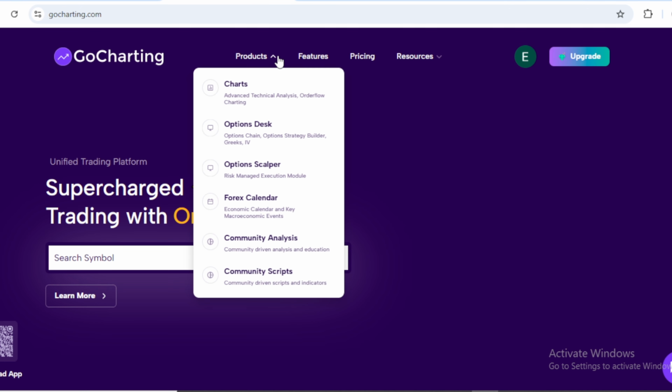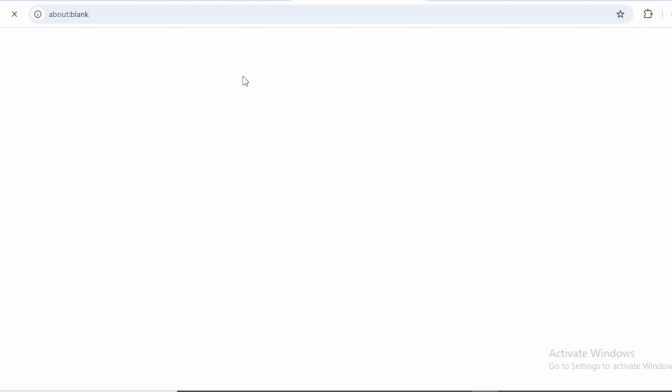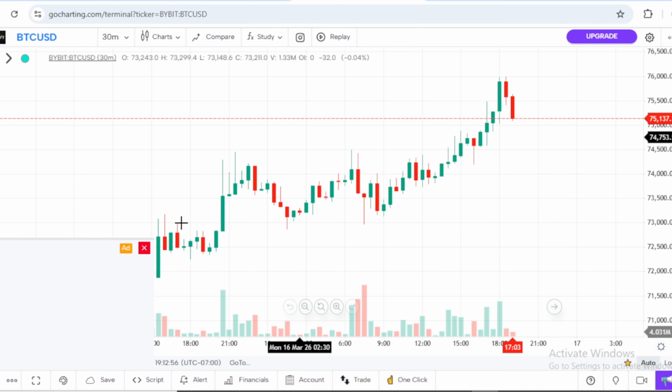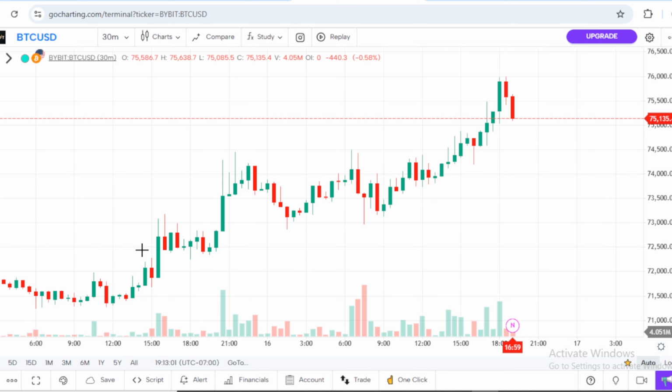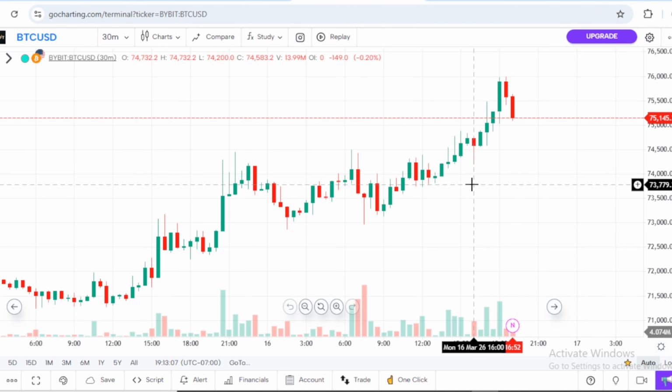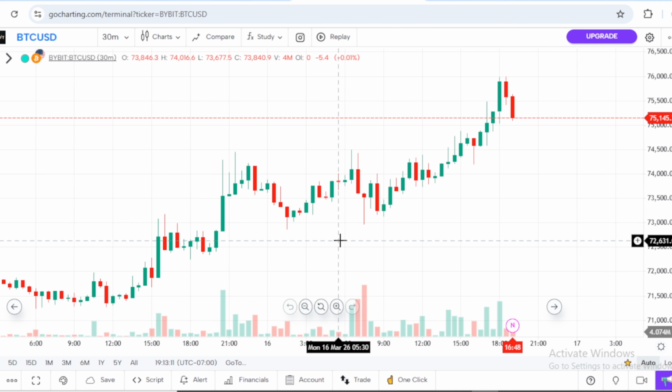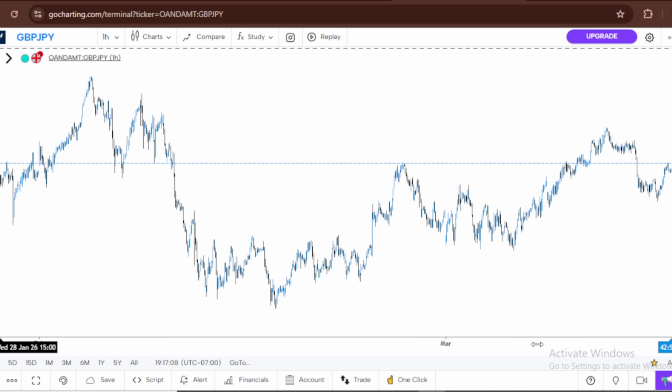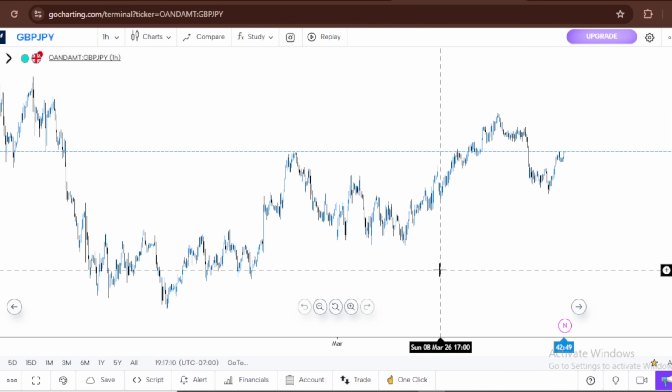What you should do now is go on product, click on chart. So you have an account with them, you go on product, you wait for it to load. So right now this is the current market price of BTC. Once you open the default settings, I think it is BTC, you're going to see BTC USD. So you have to set it up, and I'm going to teach you how you can set everything up here from the default settings so your chart can look like this.